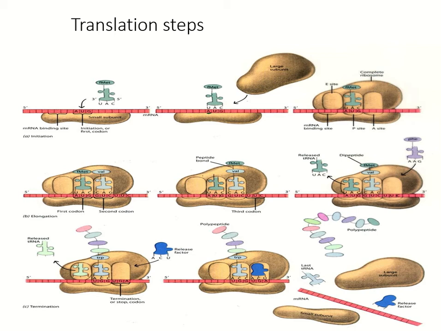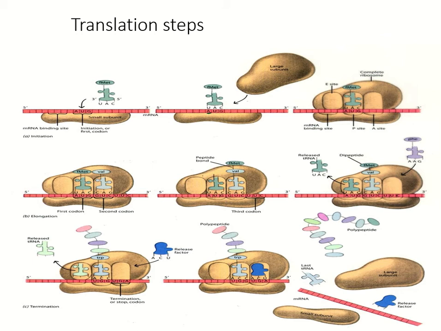Now the ribosome has 2 sites, the A site and P site. In this you are seeing the third site also, that is the exit site, E site. The smaller subunit of the ribosome first binds to the initiator mRNA and then binds to the larger subunit, so that the initiation codon AUG lies on the P site, that is the peptidyl site. The initiation transfer RNA, that is methionine transfer RNA, then binds to the P site.